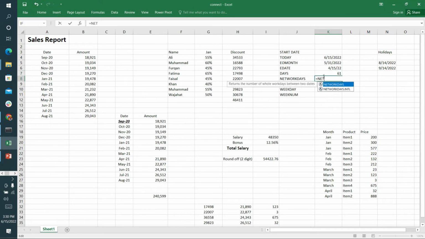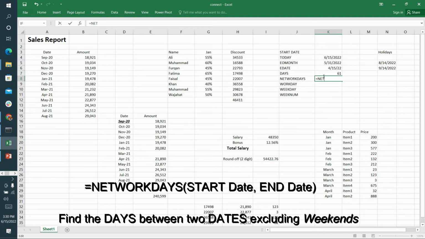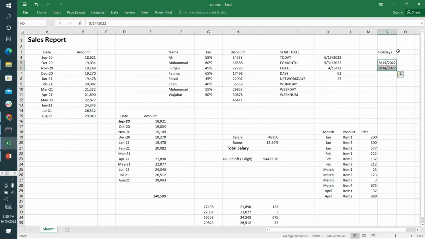So what does NETWORKDAYS do? I will show you by selecting the two dates. This is the start date, and I will add a comma, and this is the end date. So NETWORKDAYS will give you how many days passed between the two given dates. You can see it is showing 23 days difference between the two dates, but it has the capability to